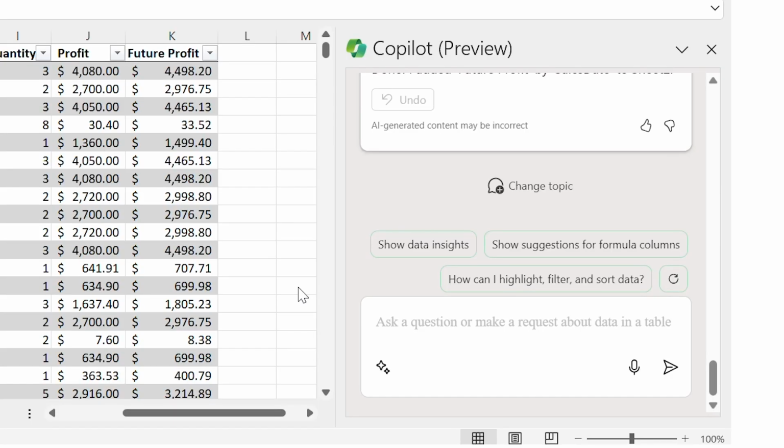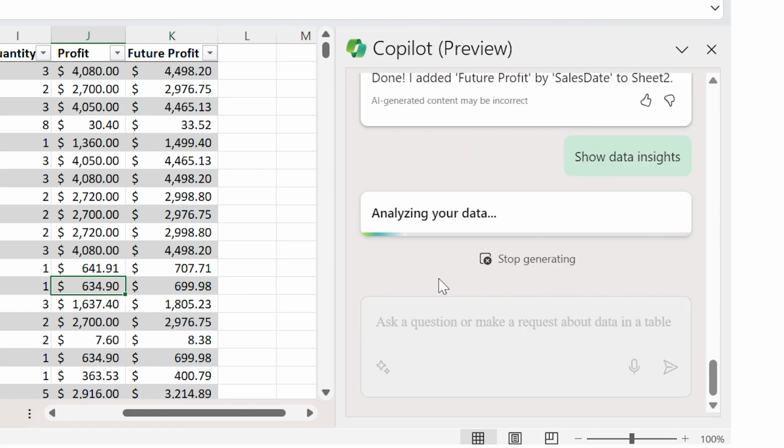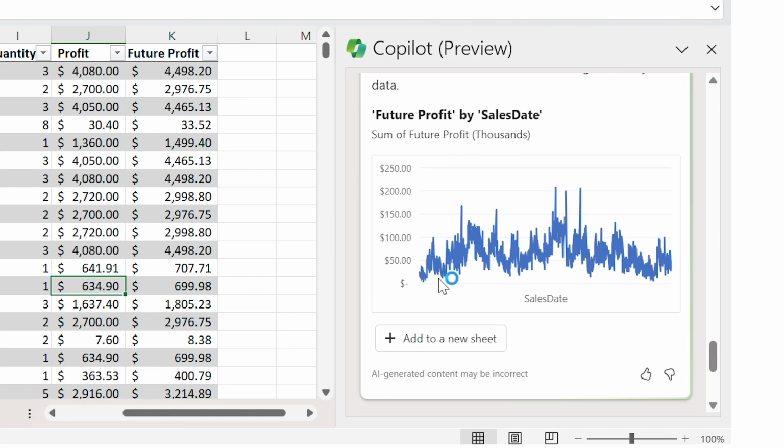Now for this next example, let's get into plotting and making graphs, which every company needs. We can always prompt Copilot to create a chart of our choice. But a key feature that I thought was fascinating was its ability to come up with its own by just clicking Show Data Insights. With this feature, it pivots the data itself and creates resourceful analytics that can be utilized